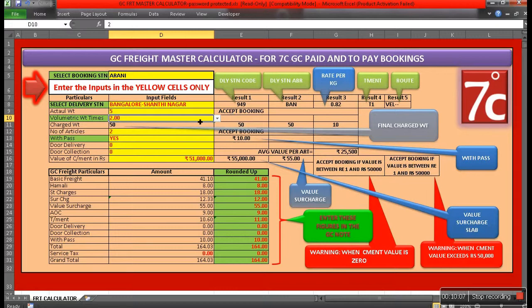Next is, suppose the 5 kgs weight that has been given to you could actually be on weight basis, or it could be a consignment that is occupying a lot of space, which means it is bulky. Normally for bulky consignments, we take the dimensions, that is the length, breadth, height,